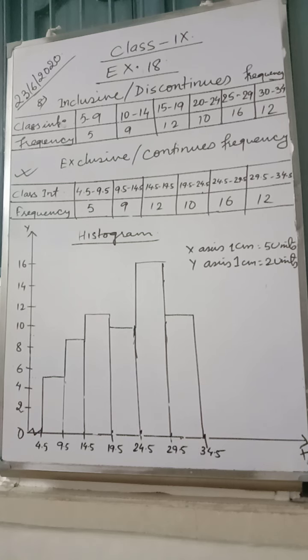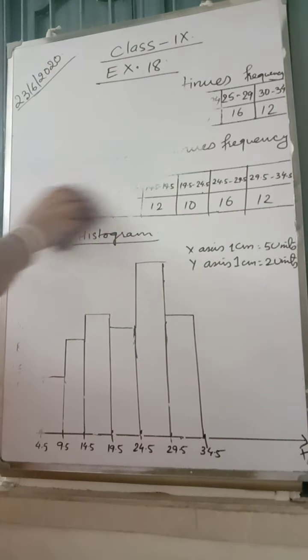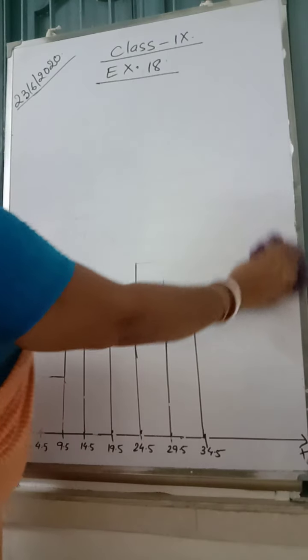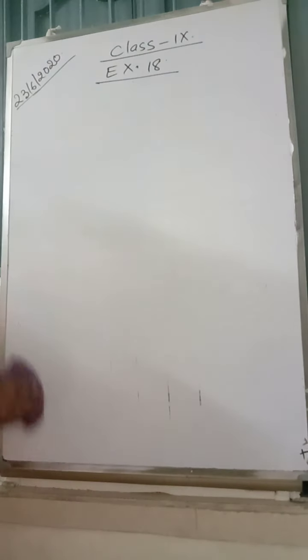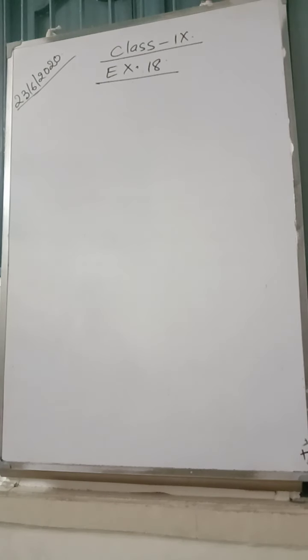Please write question number 8. Then look at question number 9. It says draw a histogram for the following cumulative frequency table. Less than 10, the meaning is it is between 0 to 10. Less than 20, the meaning is it is between 0 to 20. Now see, the next one, again we have to convert it into an exclusive frequency table. Then we have to draw the histogram. Look at question number 9, please. It is given as cumulative frequency.